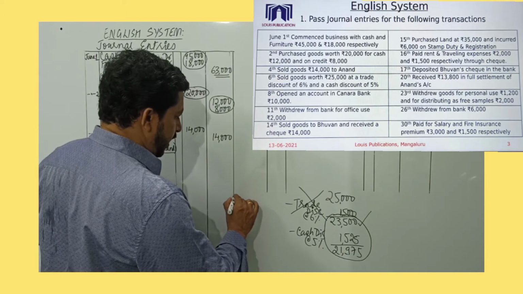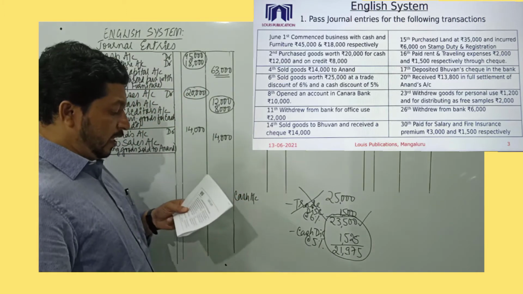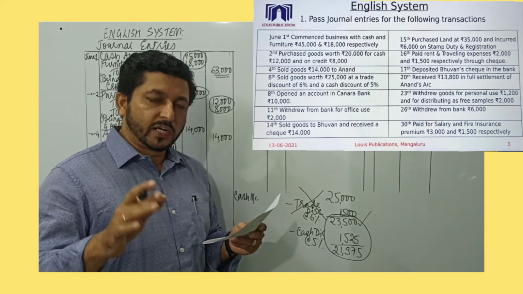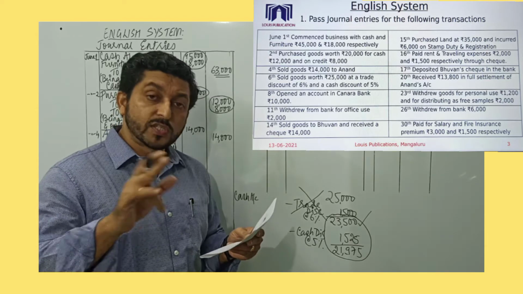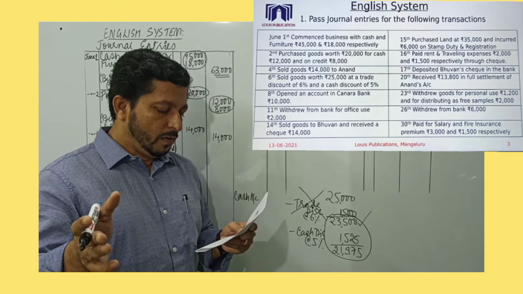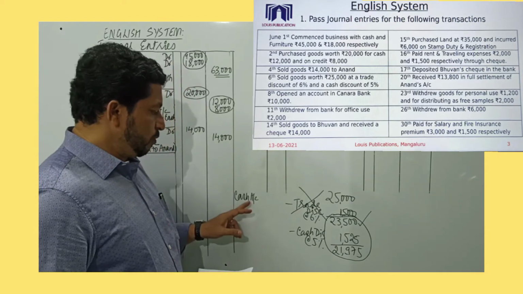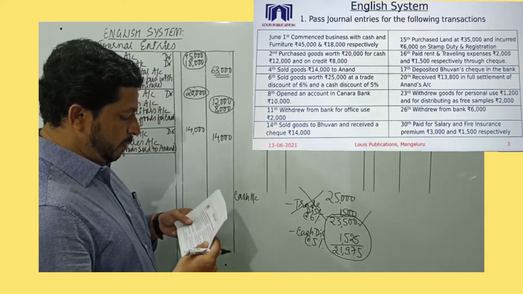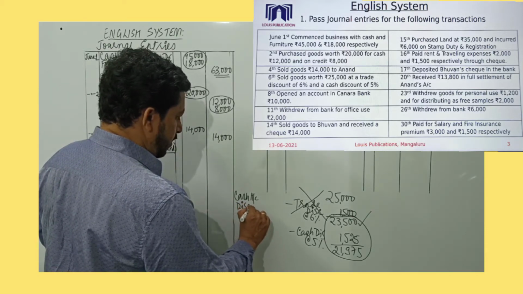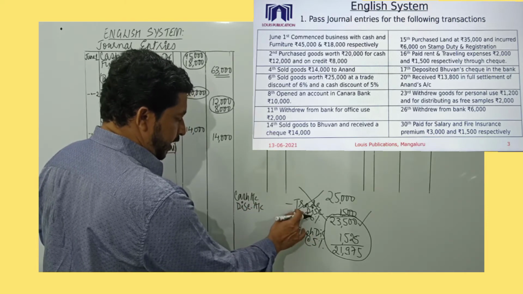So the account present, one is cash account, since the name of the party is also not given. Purchases, cash, bank, cheque, drawn, paid, received are also not given. Cash discount is given. That's actually discount, not cash. Name of the party is also not given. So we assume that it's a cash transaction. Account present will be cash account. Next we have discount account, because there is a cash discount. This discount is cash discount, not trade discount.